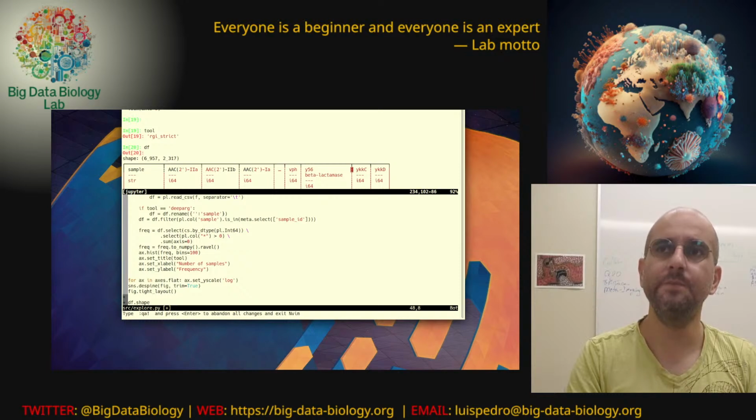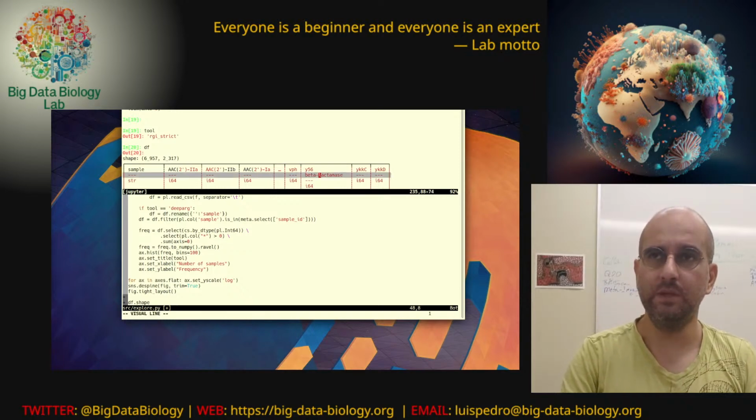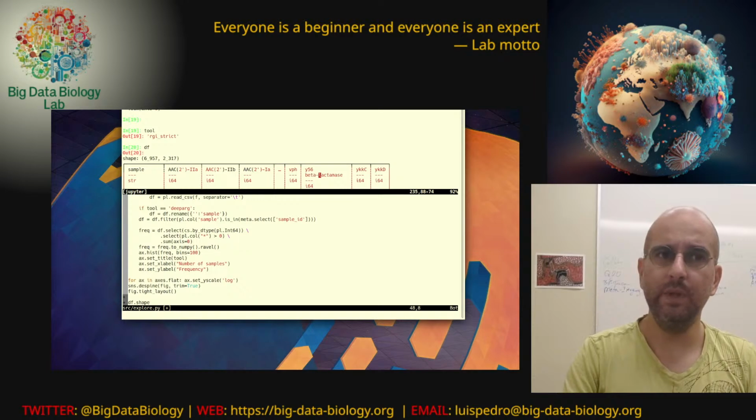So these come from CARD, and for now let's pretend these are just some random IDs. We don't know anything about them. We don't even know what a beta-lactamase is, right? And maybe later, and later is almost certainly not going to be today, we will see that actually there's the